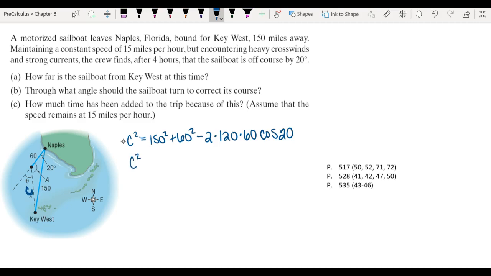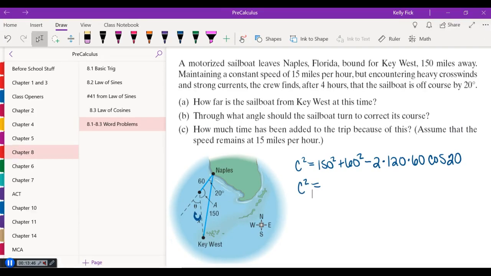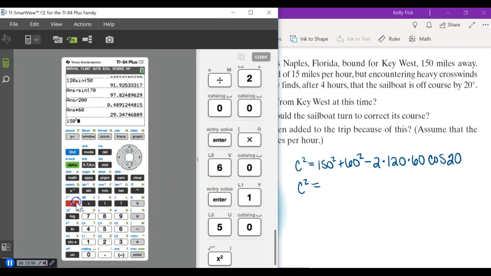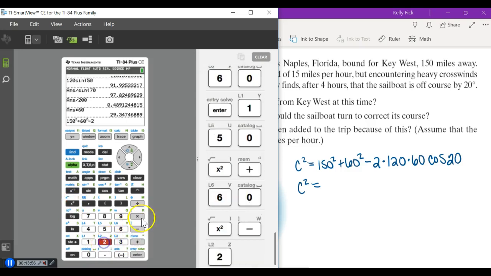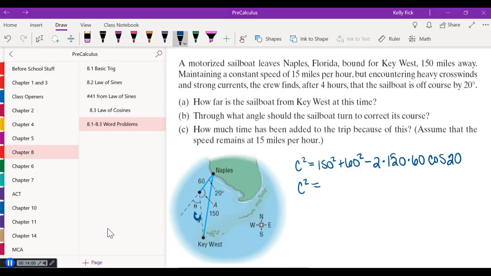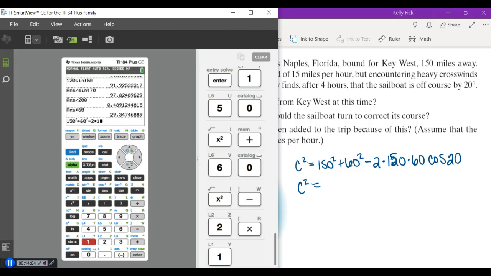Okay, so then I get C squared equals, and I would plug this directly into my calculator. So I get 150 squared plus 60 squared minus 2 times 1. Oh, this should be 150. It's a misprint. 150. So 2 times 150